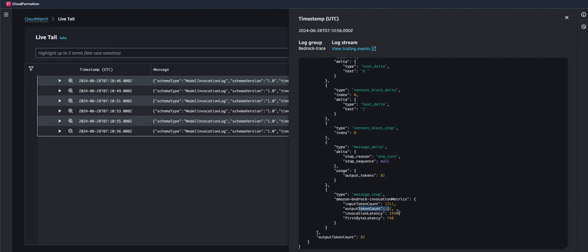So that's all. This is a short video. I just wanted to quickly show you how to enable it and how to track this input, output, and